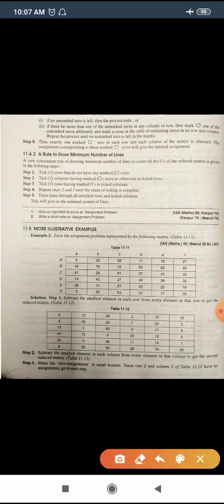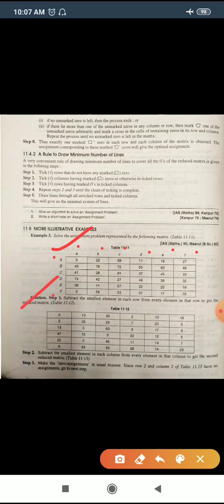So first of all, this is the given assignment problem. First of all, we check whether the number of rows and number of columns are the same or not. There are columns 1, 2, 3, 4, 5, 6 and the rows are A to F. These are 6, so this is a balanced problem. First of all, we have to check whether it is balanced or unbalanced. This is a balanced problem, so we solve it by the Hungarian assignment method.